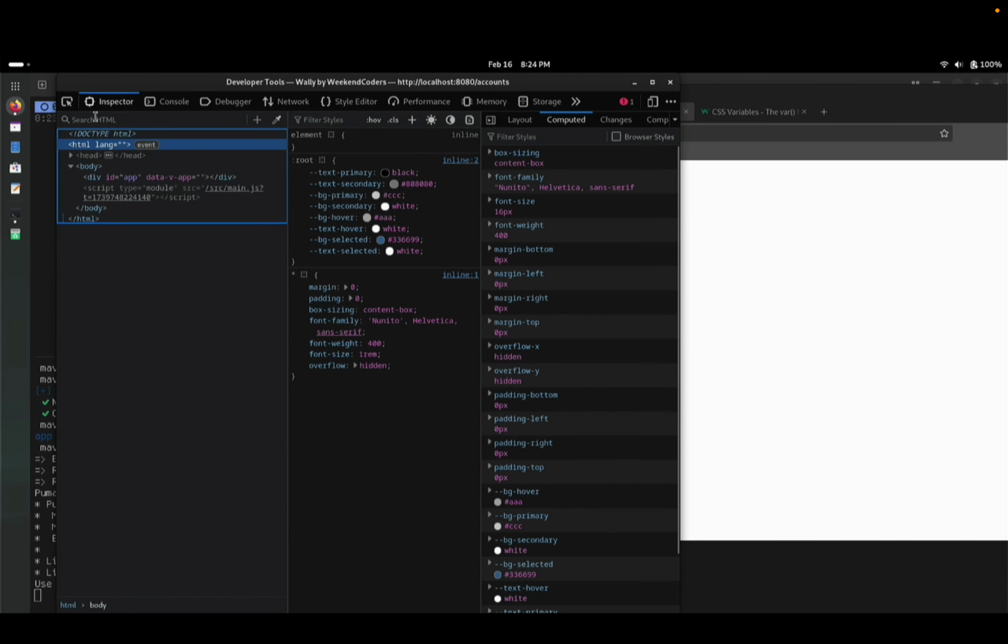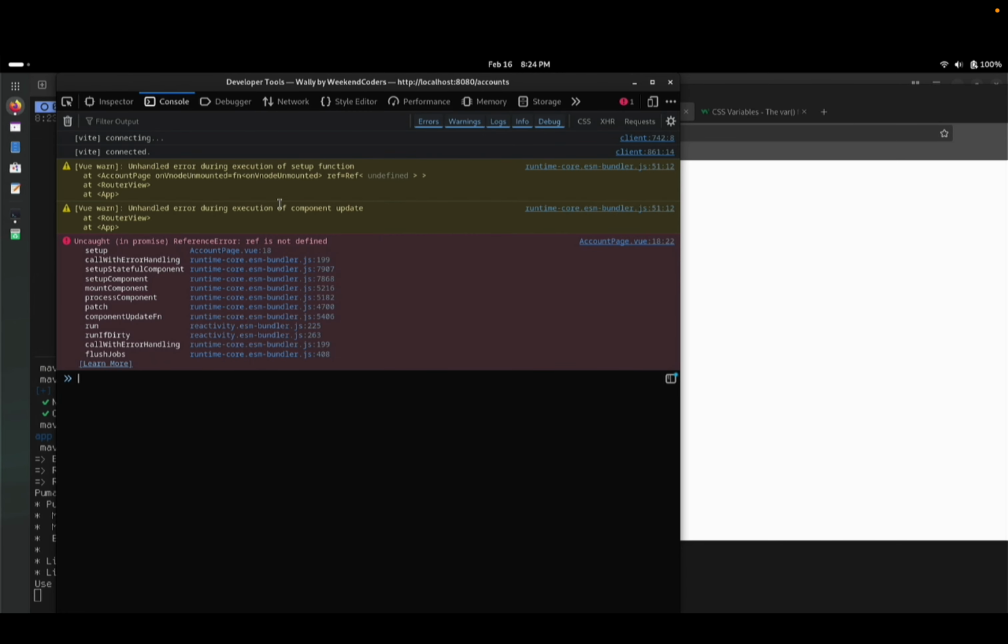Console Ref is not defined. On mounted, the error on try to run component, execution of setup function. The on mounted function reference to